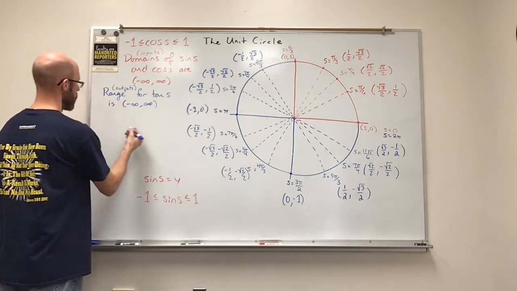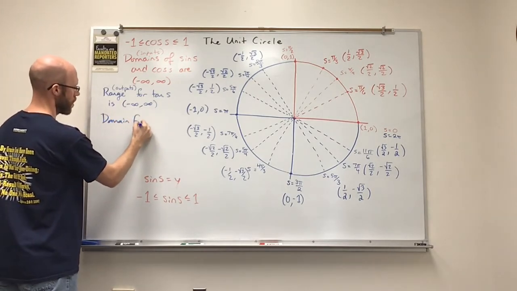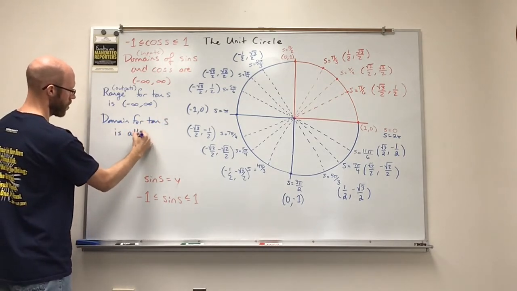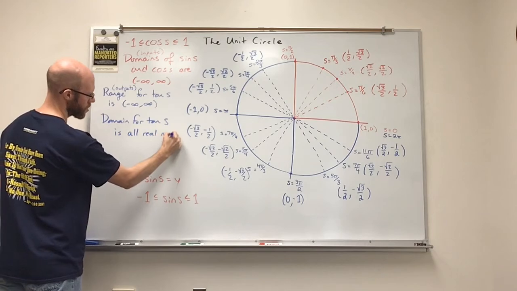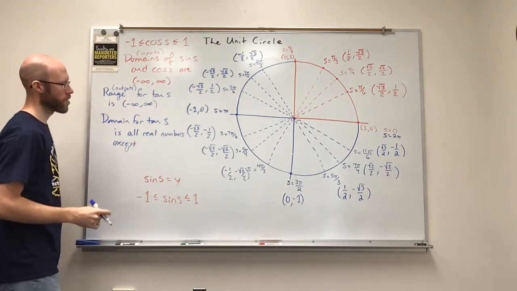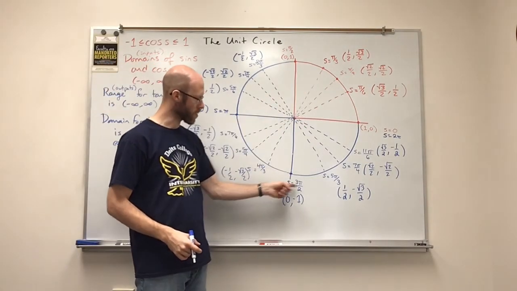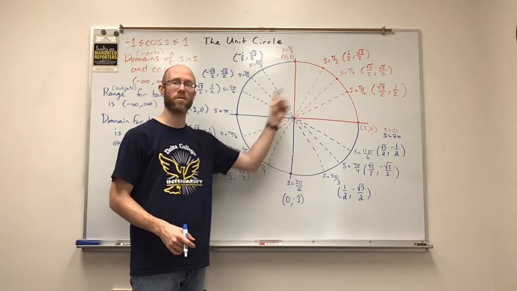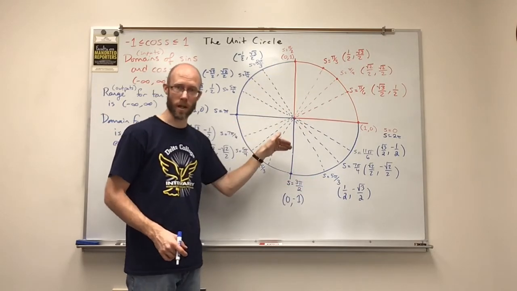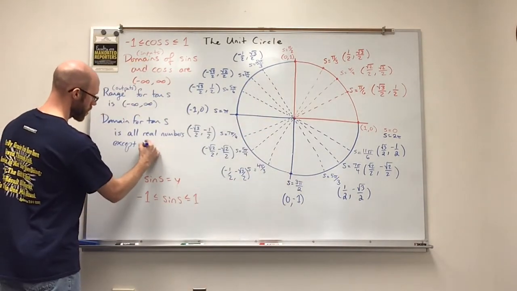And so the domain for tangent of s is all real numbers except your odd multiples of pi over 2, right? 1 pi over 2, 3 pi over 2, 5 pi over 2, 7 pi over 2, and so forth, if you keep going around. Or negative pi over 2, negative 3 pi over 2, negative 5 pi over 2, negative 7 pi over 2. So it's all the odd multiples